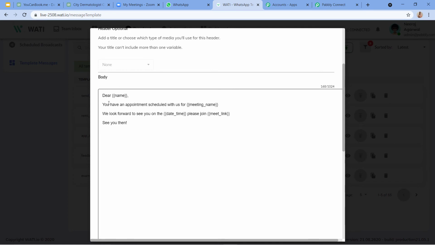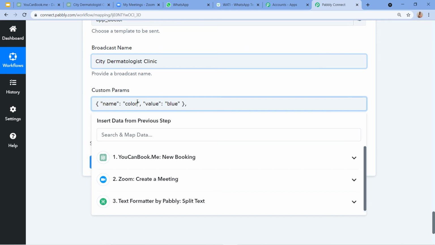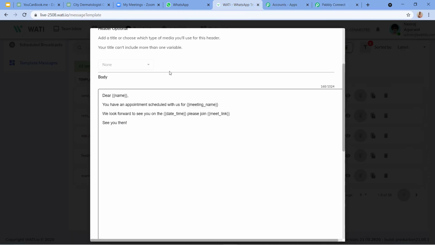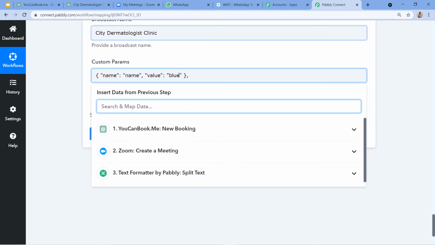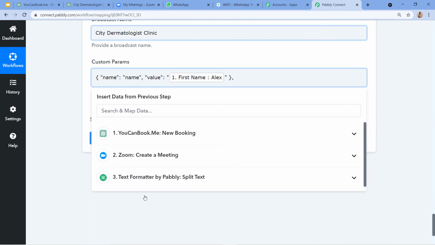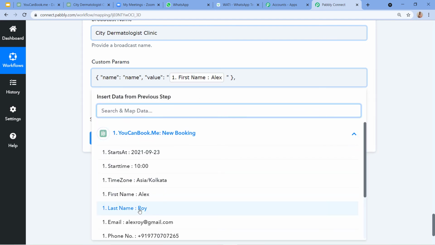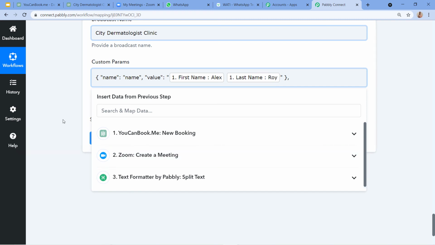For example, if the first parameter according to my template is name, then in the place of name I'm going to provide the name as well. Don't get confused here. It is the asked name, and here we are providing the name, so the name is name itself. After writing the name, we have to provide the value of name. The value is my patient's full name. My patient here is Alex, and with a space I'm going to provide the last name as well, which is Roy. In this way we have defined the first parameter, which is name. Let me just correct it a bit. So name, and the value is the patient's full name.